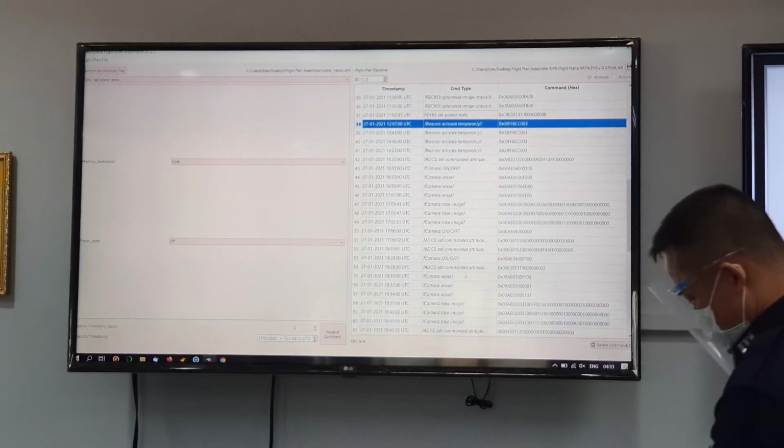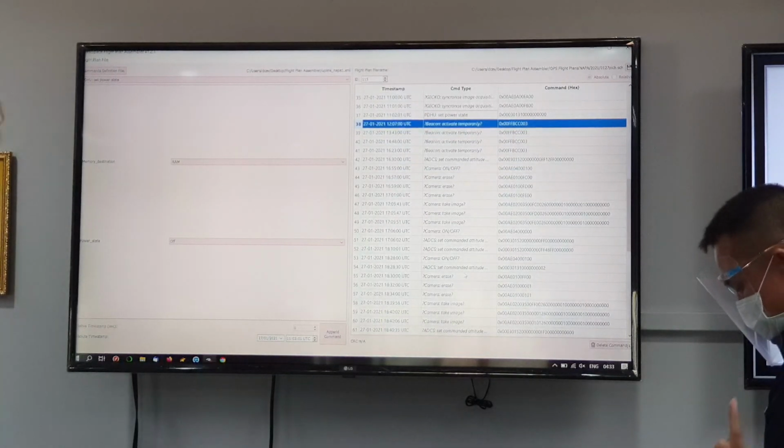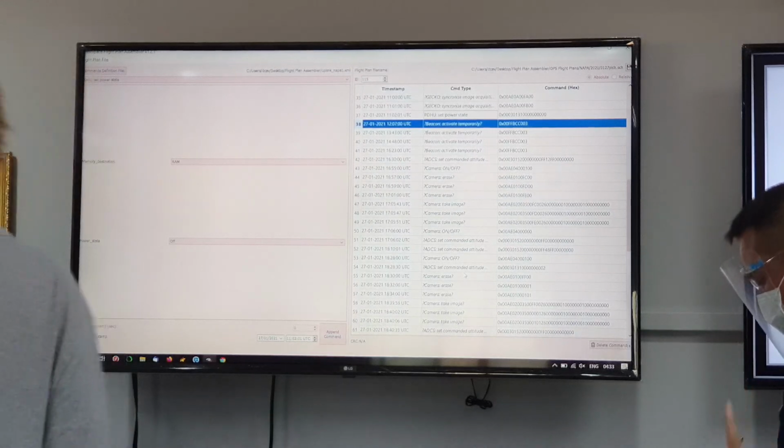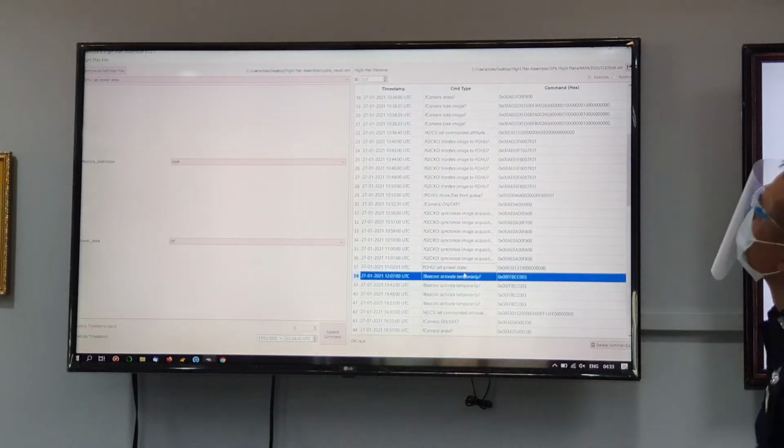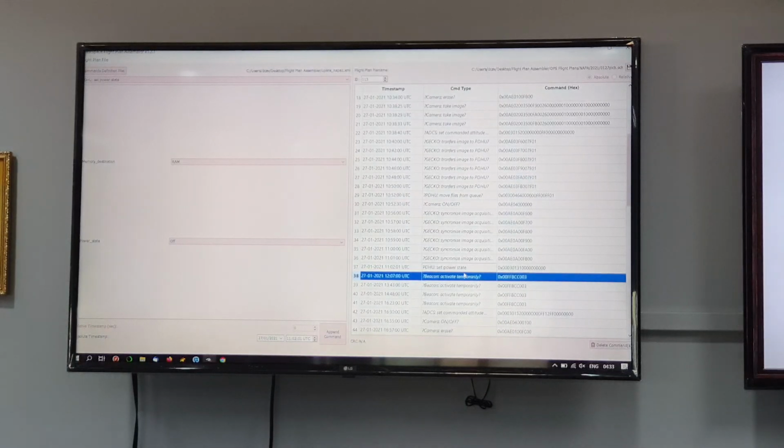So in that sense, we have been able to implement a system where you can meet the requirement to program the satellite 24 hours in advance.